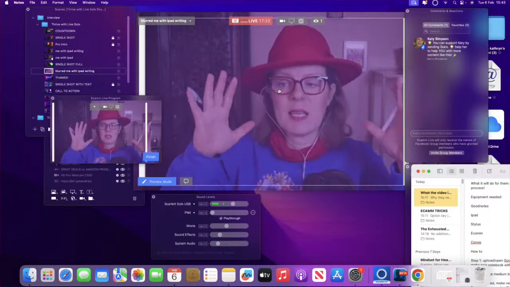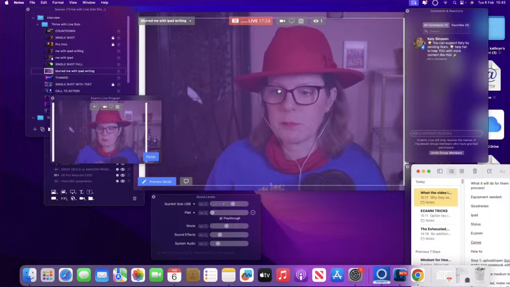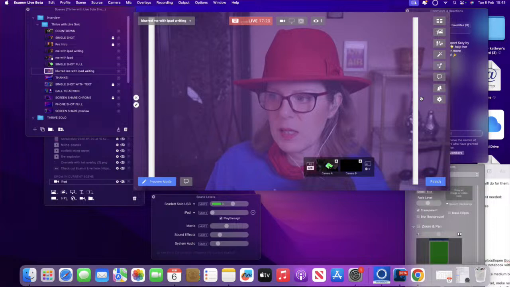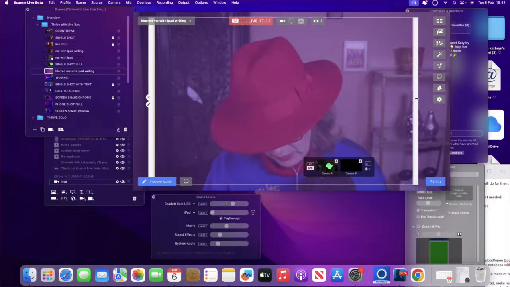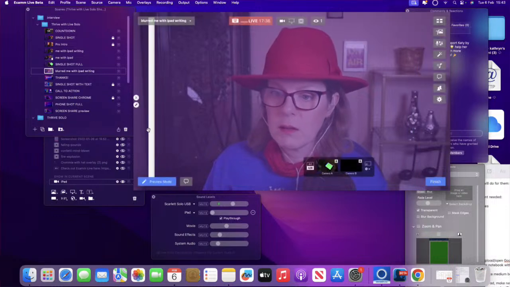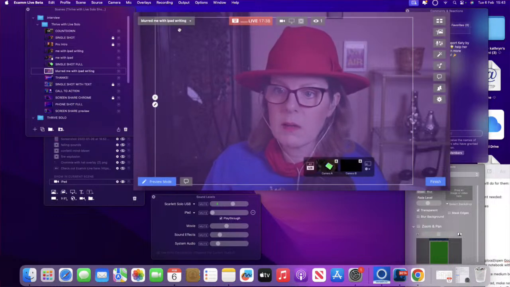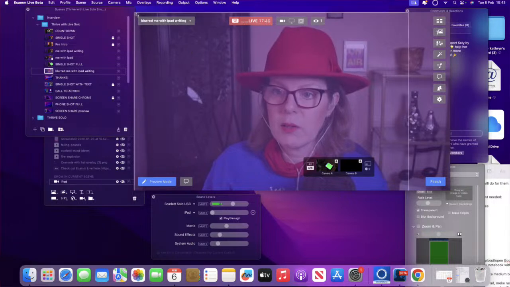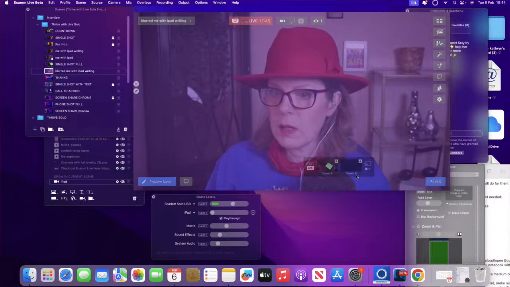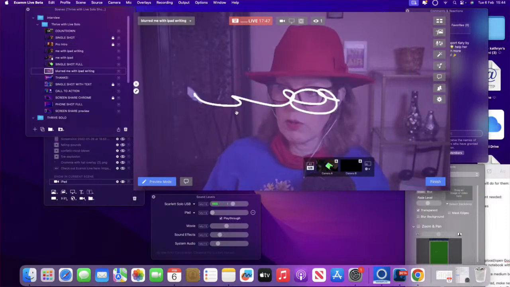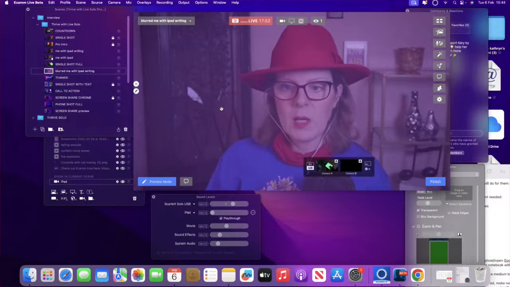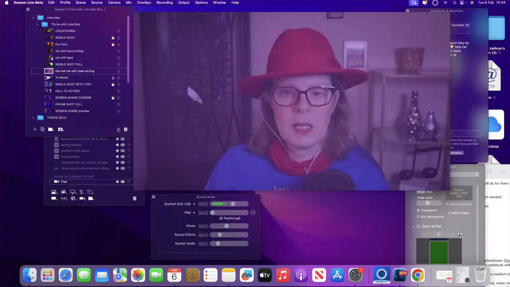So I'm still showing you my whole screen. So this is Ecamm on my whole screen. Oh, you can see the border, can't you? Whoops. Let me just do that Alt thing again to get rid of that. And you can see this white edge. So I'm just pulling that out of the way so that you can write on the top and nobody can see any of the things. Right, so in Ecamm,